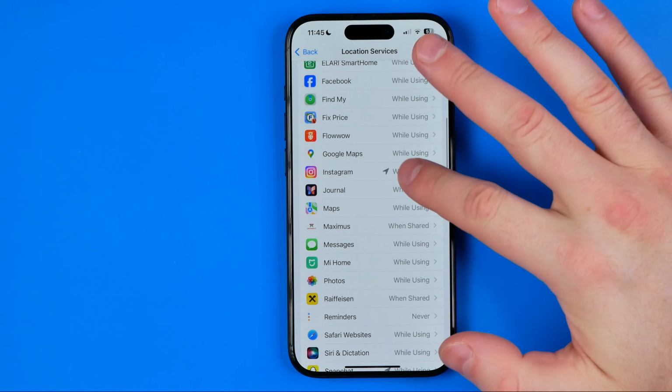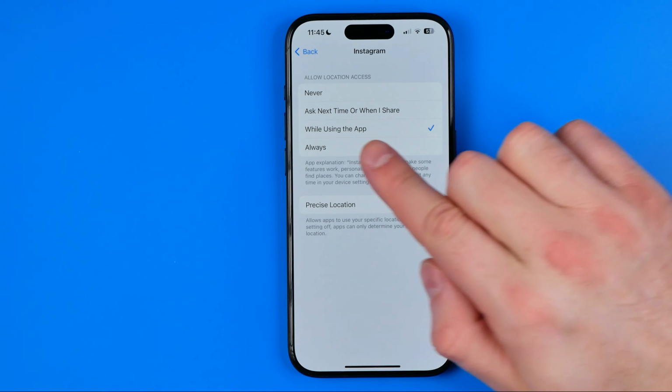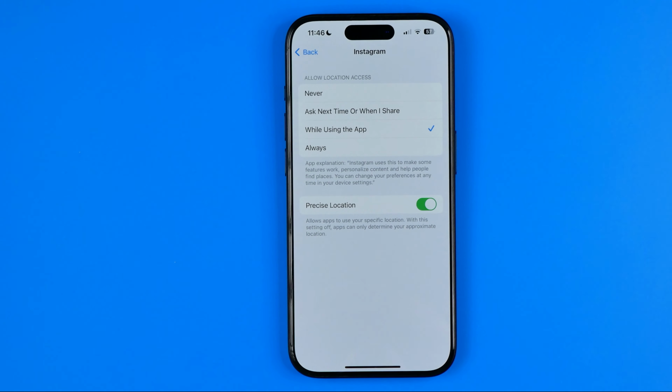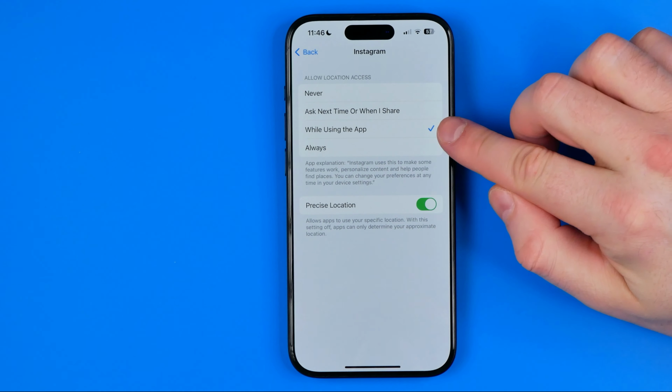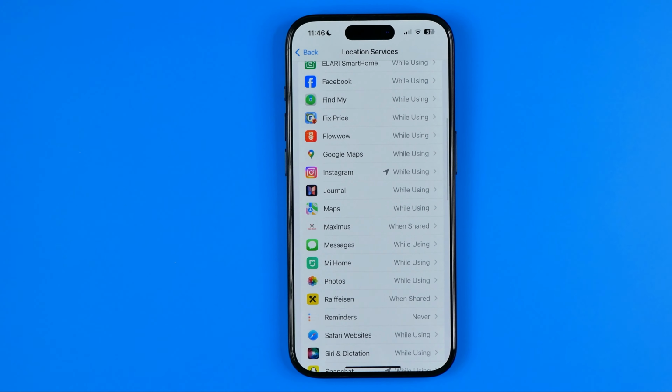We can configure Instagram in the same way. Some applications have an extra option which says Always. So instead of selecting While Using the App, in some applications we can select Always. That's how you can easily turn on location